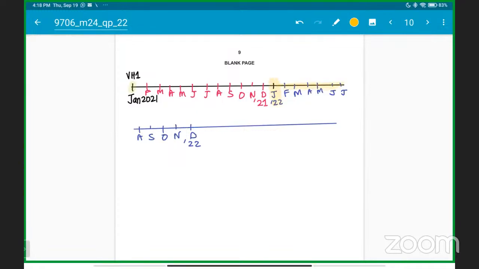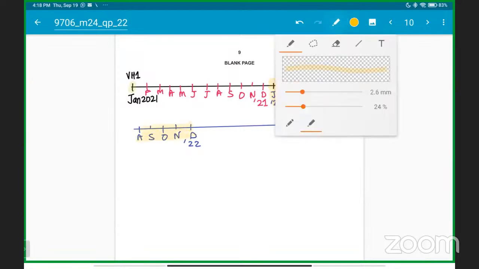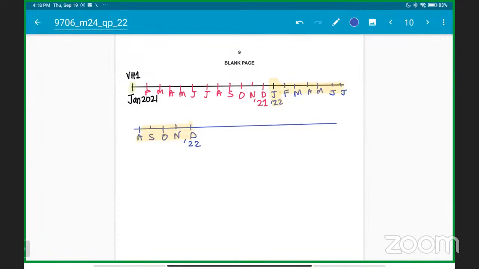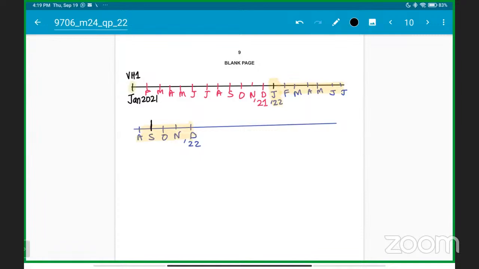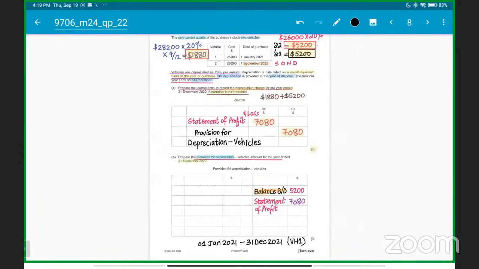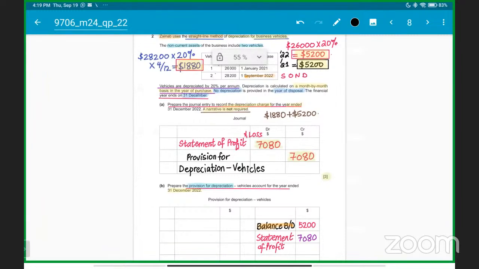that is between January 2022, which starts, 12 months till December 2022. We are dealing in this year, the highlighted color. And what we need to understand is that on 1st September 2022, I purchased vehicle number 2 as well. So they are telling us that we are dealing in the month of